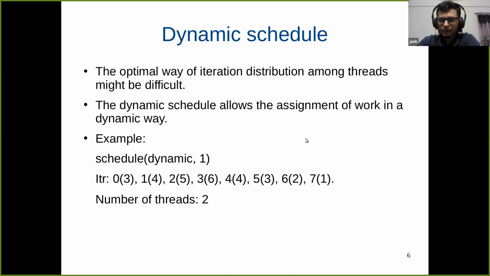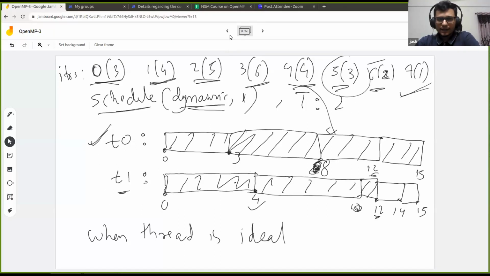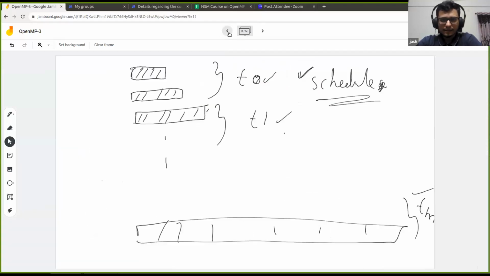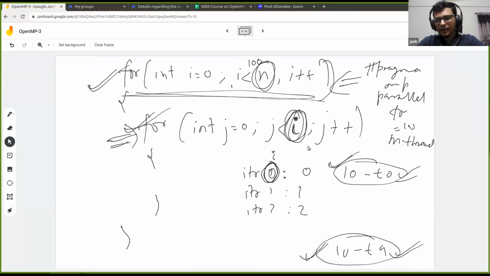Let me go back to this. So we saw this slide, right? There can be a piece of code that you want to parallelize, which might look something like this, where there is the outer for loop, which is going from 0 to n, and then there is this inner for loop, which is going from 0 to i, and you want to parallelize the outer for loop.